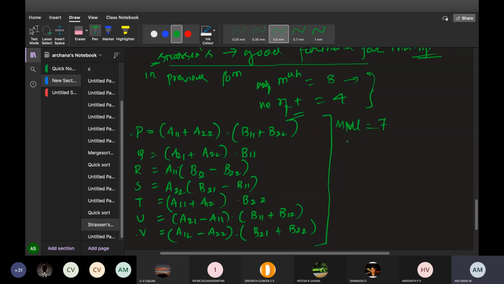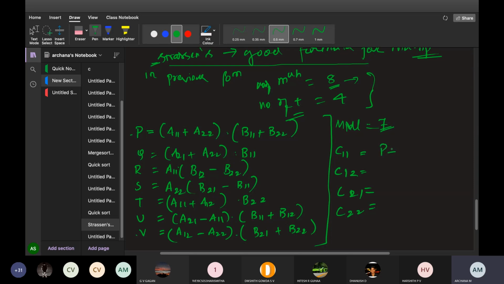So to overcome the time complexity of the previous formula, he gave this formula, which reduced the multiplication terms, whichever we had 8 into 1. That is, he gave 7 multiplications for this. This is Strassen's multiplication. And now with this, we have to find out C11, C12, C21, C22. What is this? The resultant matrix. So how to find out this resultant matrix?